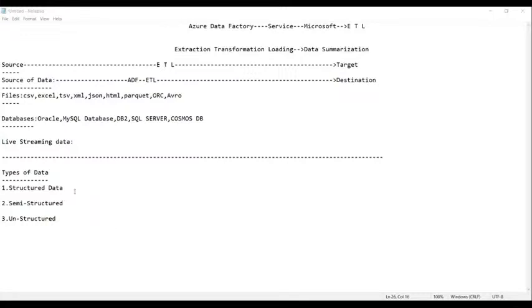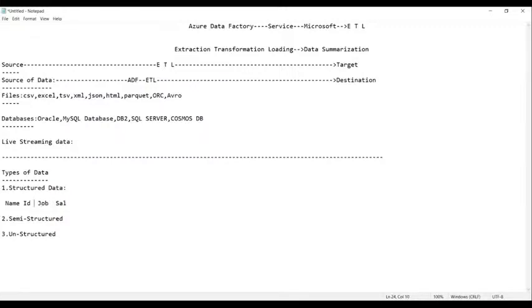Structured data is data that is already placed in the form of proper rows and columns. For example, I have name, ID, job, salary.